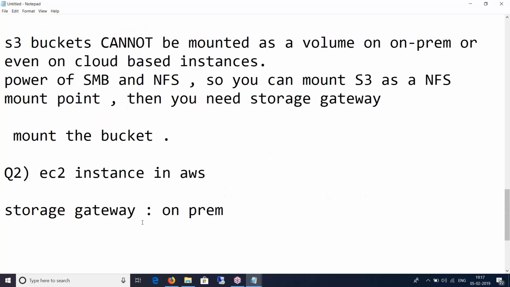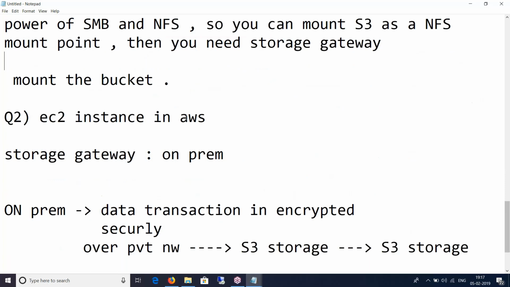And because we are using industry recognized protocols like NFS and SMB, NFS for Linux and Unix machines and SMB for Windows machines, there's a very high level of compatibility for the operating systems as well, and it can be used for any heterogeneous environments.